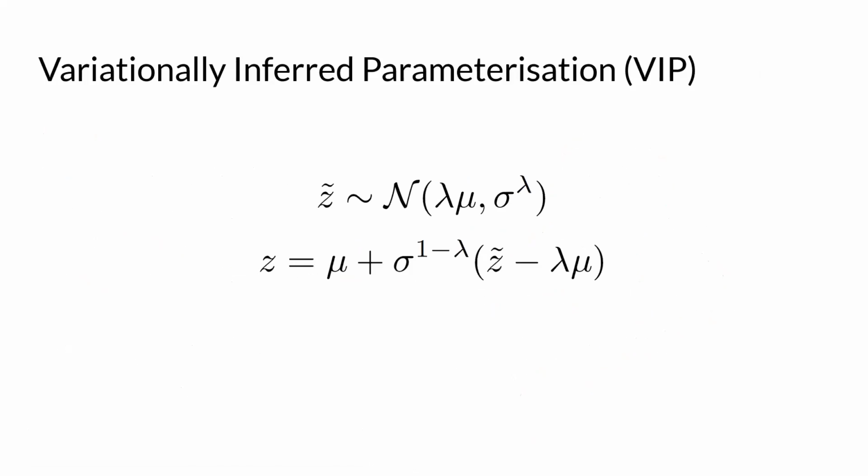So that brings me to our contribution, which is variationally inferred parameterization, or VIP. And the way it works is that it's going to use variational inference to find a suitable reparameterization. Okay, so to understand this, first question we want to ask is,